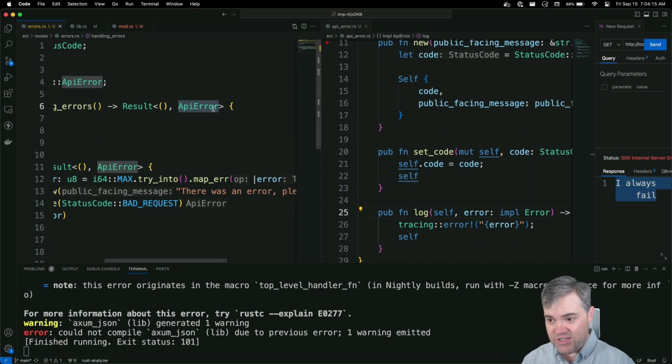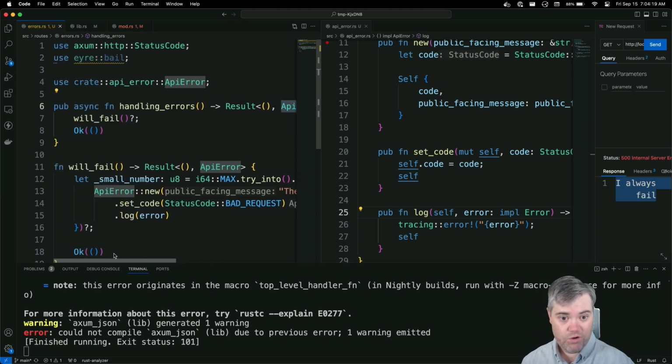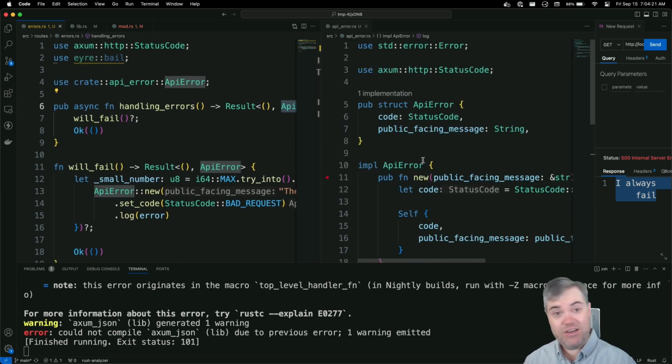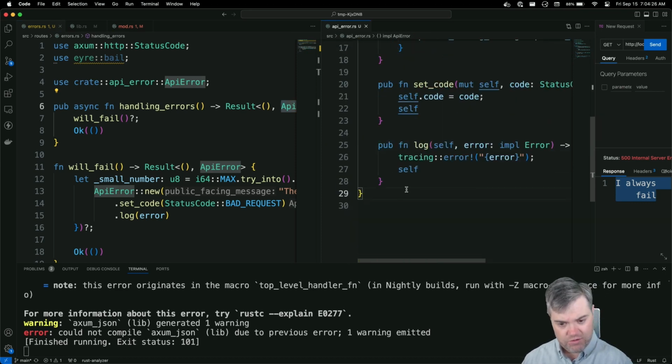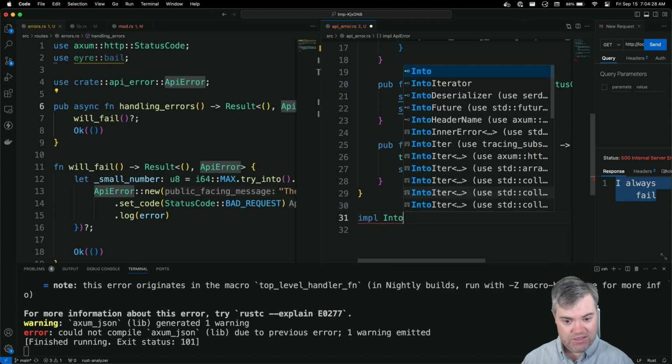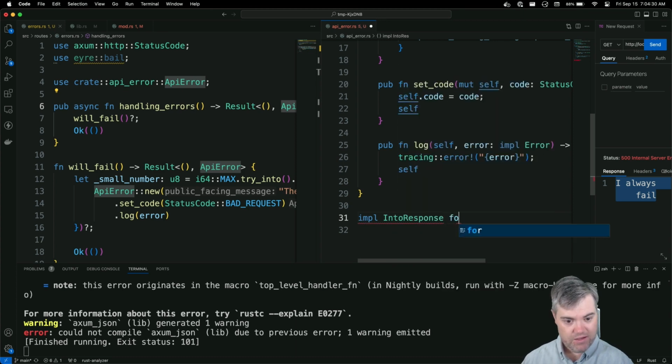Unfortunately, I can't just do something like into_response on here. That's just not going to work. So we have to manually set that, and there's no derive for that for ApiError. So let's go ahead and over here, we're going to do an impl IntoResponse for ApiError.